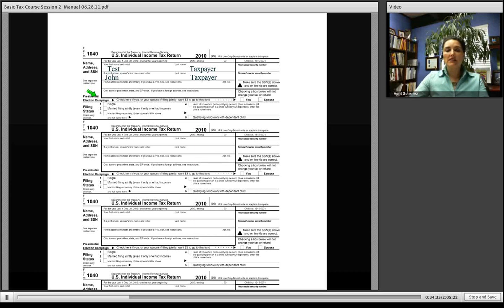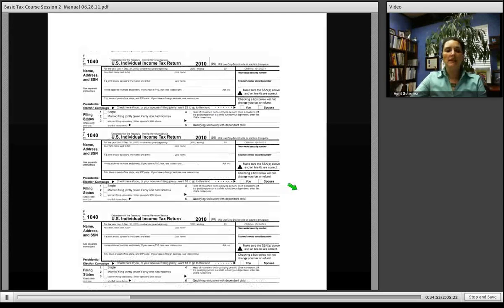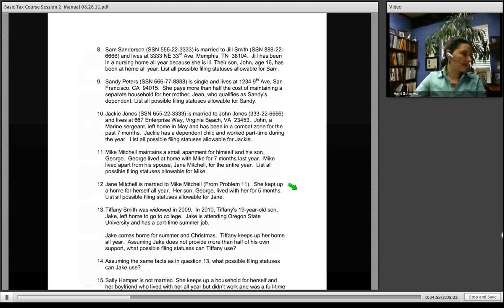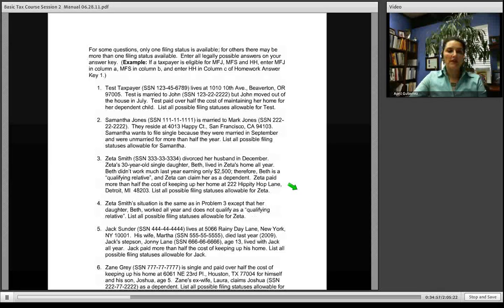But now we have to select a filing status. And what is the most advantageous filing status for Test and John? Well, it is going to be married filing jointly in all likelihood. Now, we can think of reasons why separately could work out better, but for purposes of this problem, we're going to say that married filing jointly is the most advantageous filing status. So moving on back to